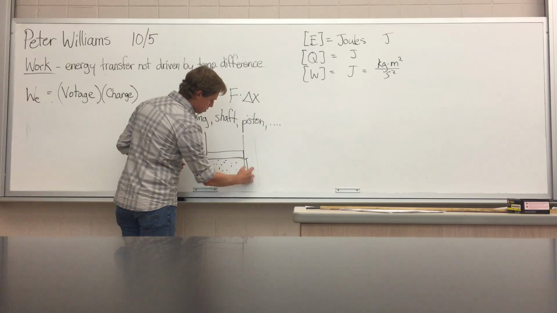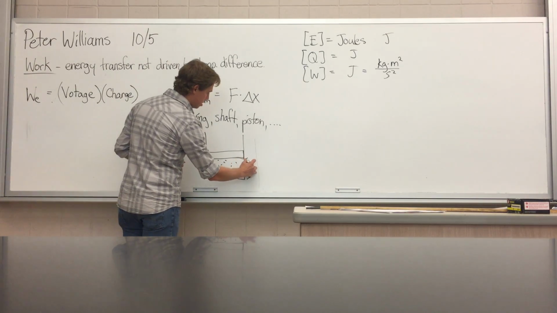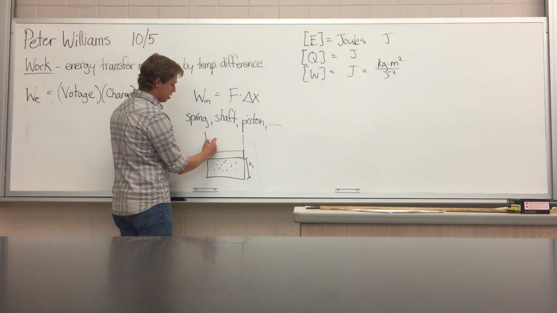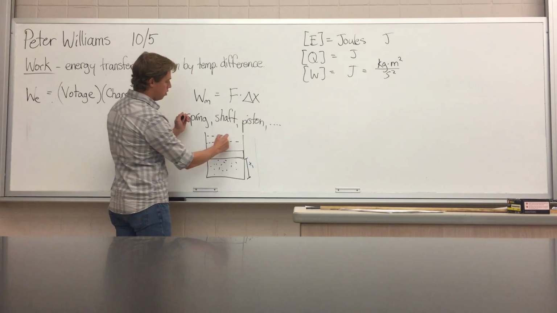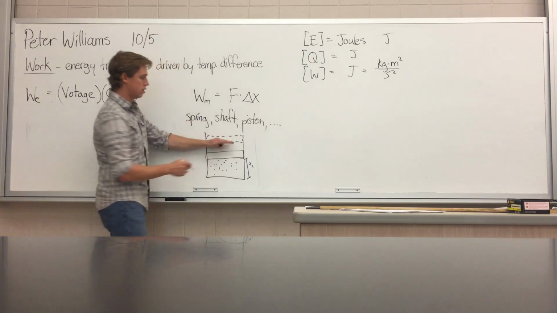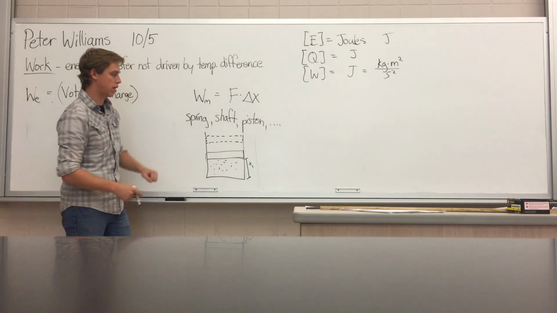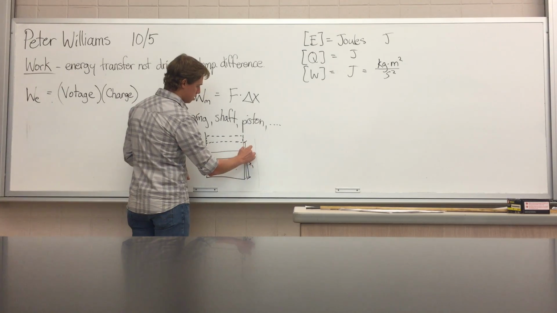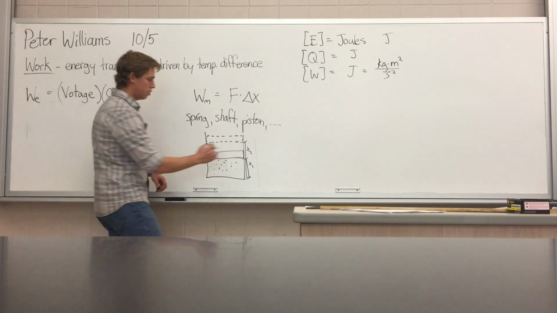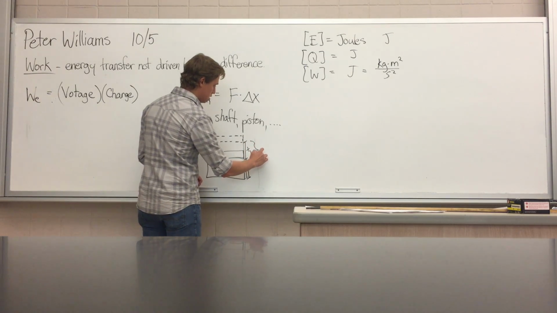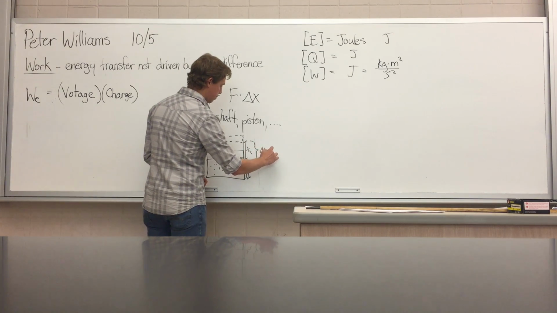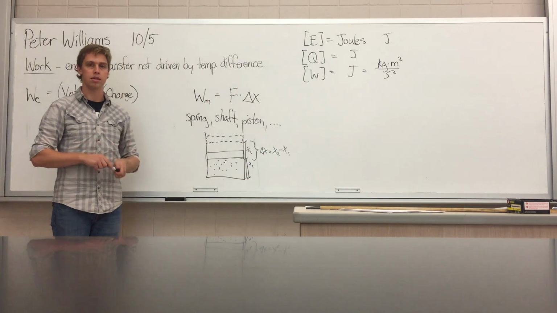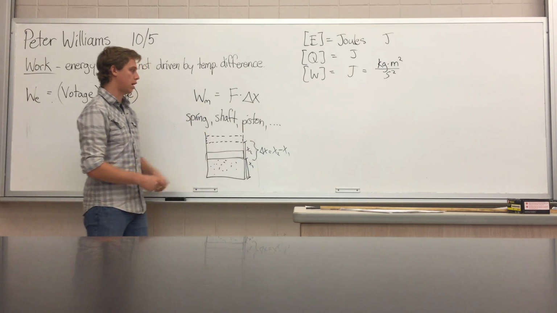And let's call this, right here, this distance x1 that the piston starts at. And then let's say that the gas expands and it pushes the piston all the way up to here. So that's the new position of the piston, and then all this filled with gas. Well, this distance all the way up to here is going to be x2. And so delta x, this distance in between, is of course x2 minus x1. That's what the delta of anything means. It's the difference between the final and the initial states.